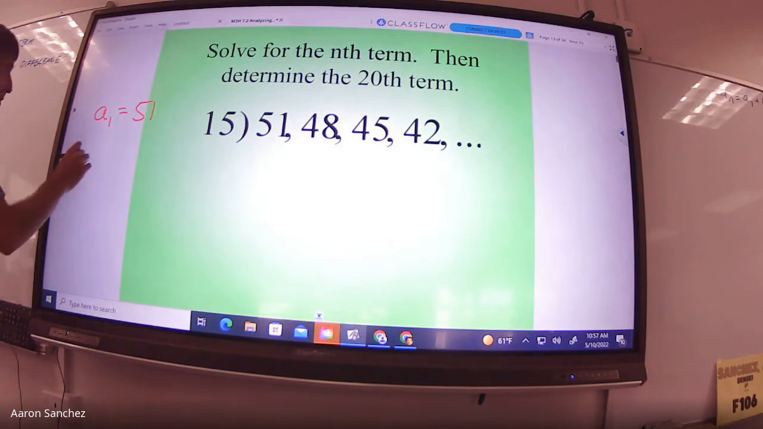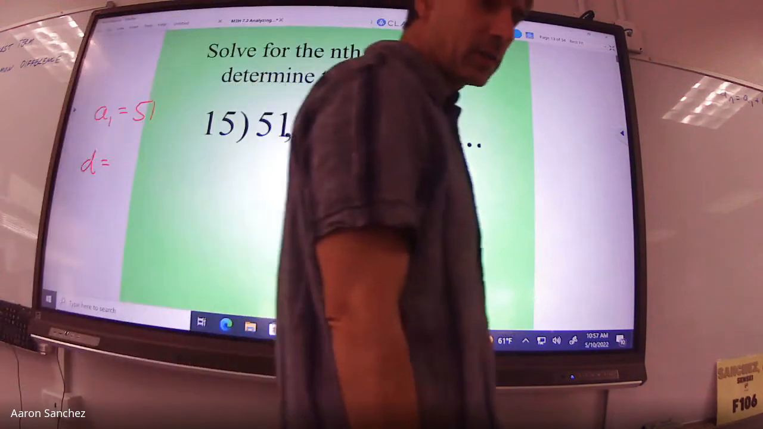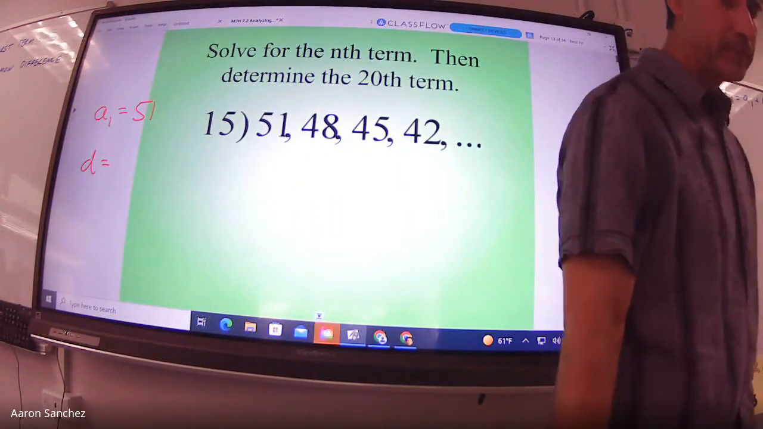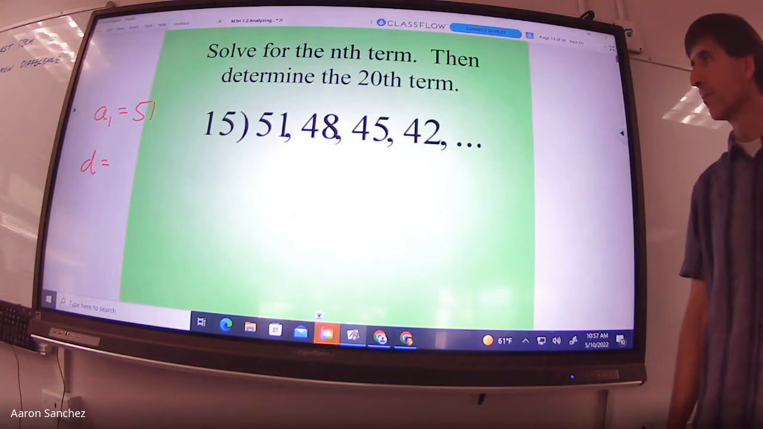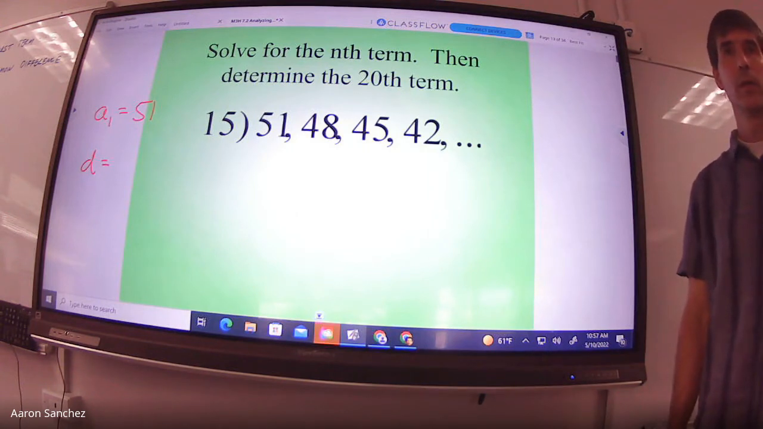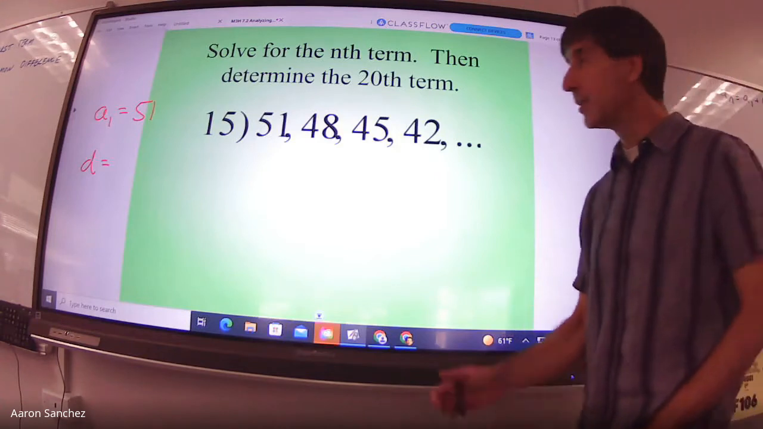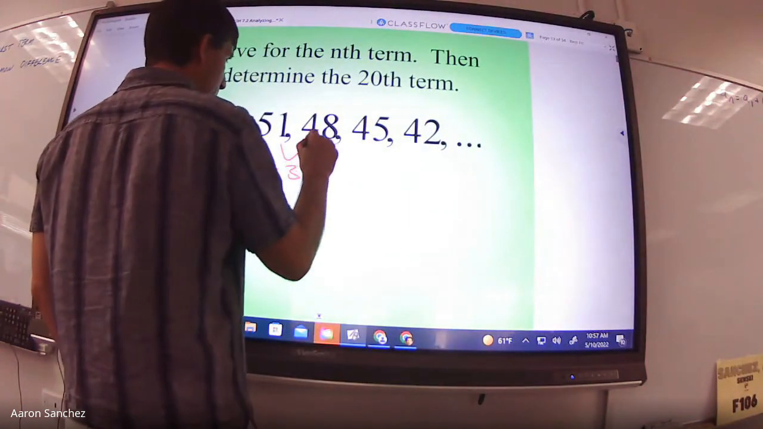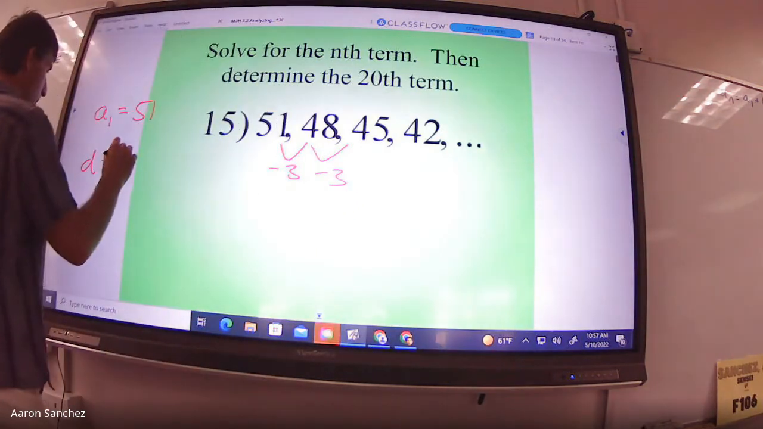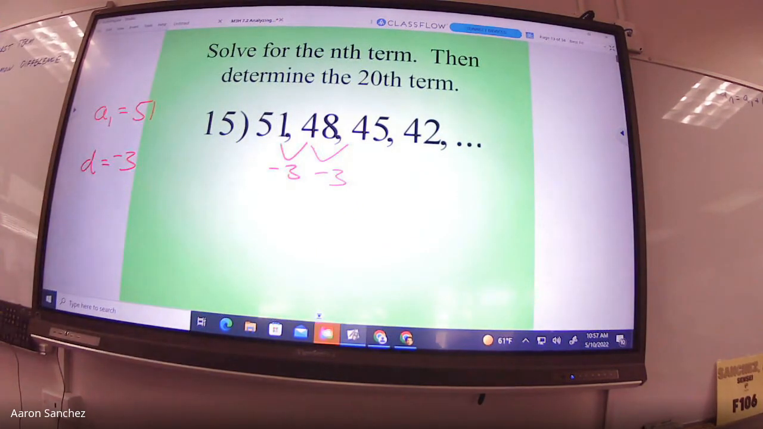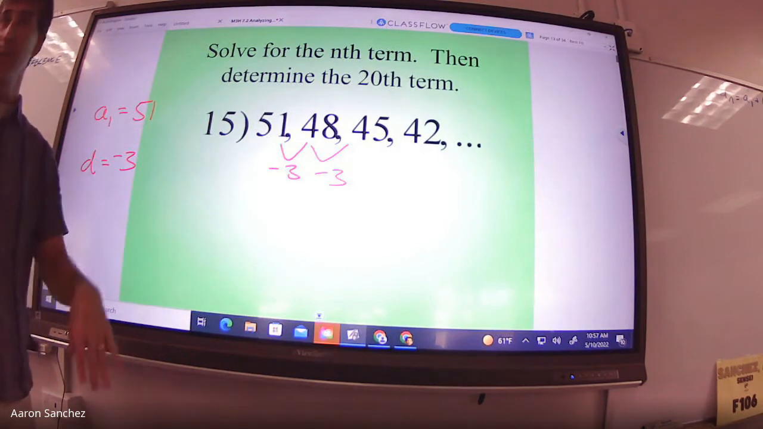Do I have the common difference? Talk to your group, see if I have the common difference. Mika, do I have the common difference? -3, right? I can see that I'm subtracting 3 for each of these. So my common difference is -3. Do I have everything I need to solve for the rule? Yes. Now you can do the table, you can add 3 here and just write, but let's do the rule